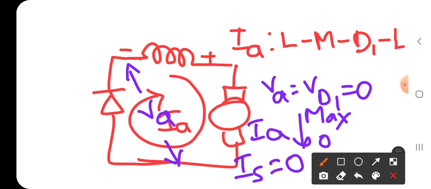As already, chopper 2 is having the gate signal. Therefore, it is turned on. When chopper 2 is turned on, the motor will be in regenerative braking, or we can also say reverse braking. It is in reverse.